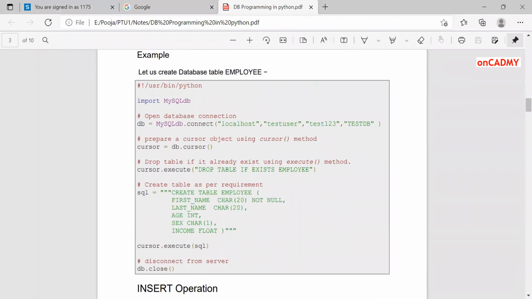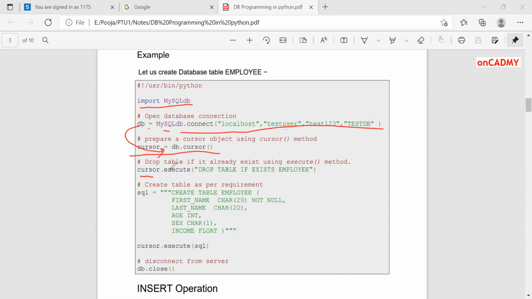Here we'll do all programming by using the cursor. How to do this? This is a very simple program. How to create a database. I'm not talking about tables. Here we are going to create a database. First of all, we'll import MySQLdb, and then we'll write db = MySQLdb.connect("localhost", "testuser", "test123", "TESTDB"). This is the same statement that we used earlier for connecting to the database. And then we'll create a cursor object relating to this db connection that we have established.